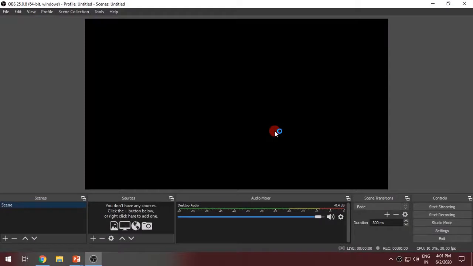Now this is the first screen that you get on OBS studio. You can see there are a few options like scenes, sources, audio mixer, scene transitions and controls. These are the settings and controls. Now if you want to go live, there is no need to create any additional scene, but since OBS is a very advanced software, every minute thing can be changed here.